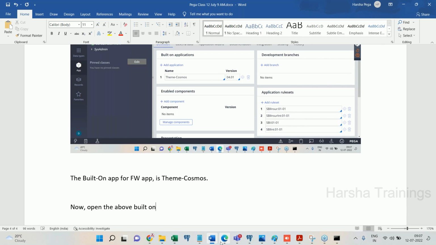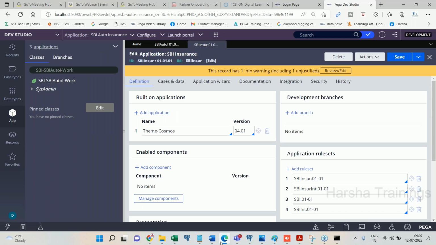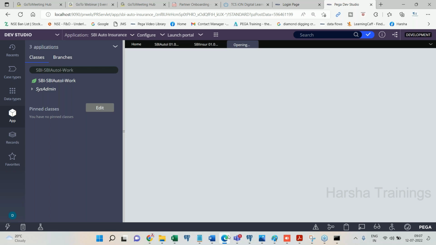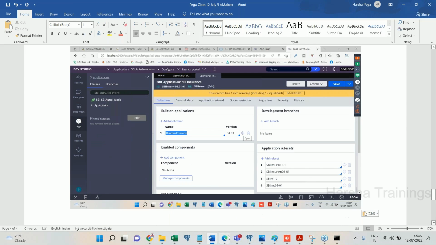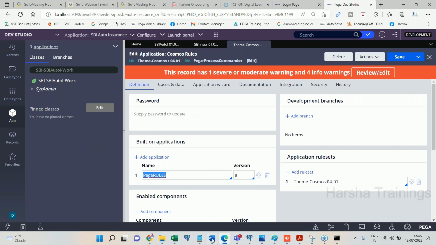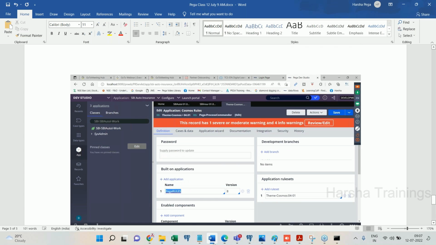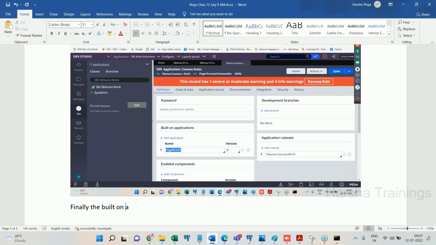Above built-on application, how do I open this application definition? How do I open the definition of this application? Click on the edit icon. It's the same practice. There is no difference. Okay, click on open. Again, what is the application finally? Finally, the built-on application is